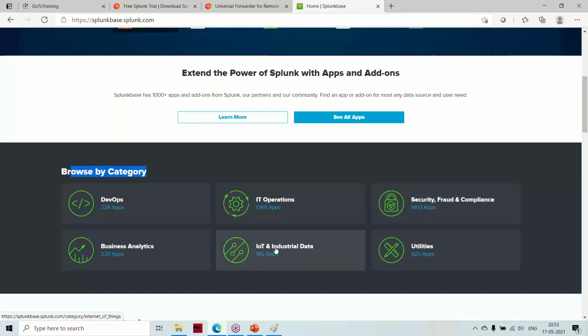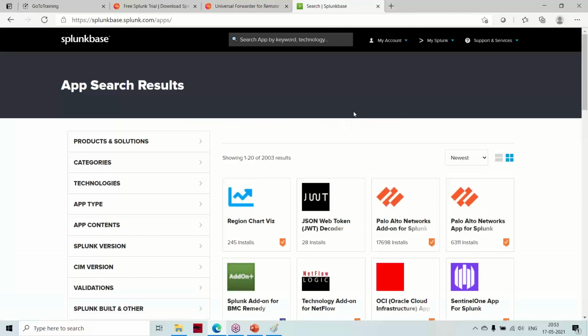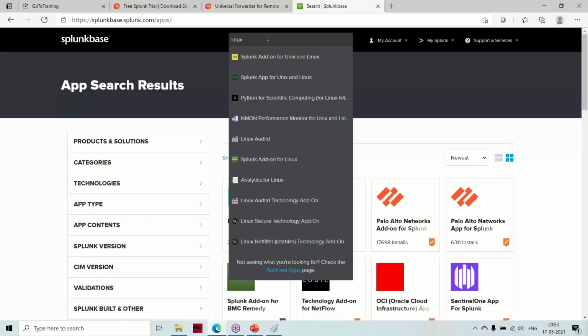For utilities and IoT, these are the apps. Basically these apps are used to integrate Splunk with others. If I go to see all apps, now I have something like Linux. There will be some apps and add-ons. So what will this add-on do?